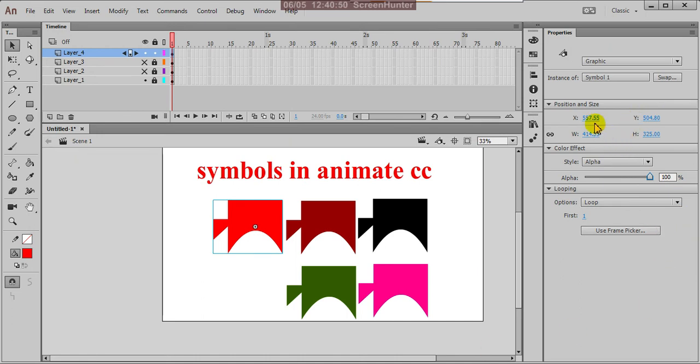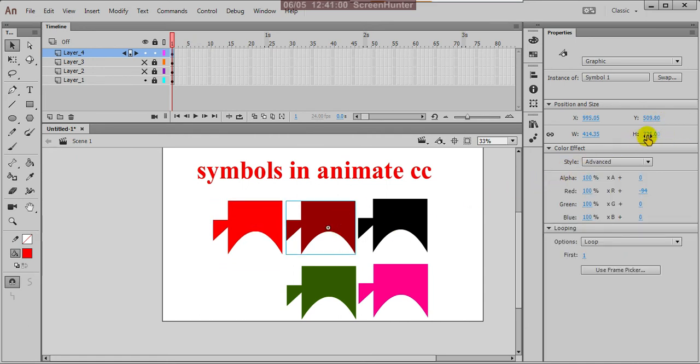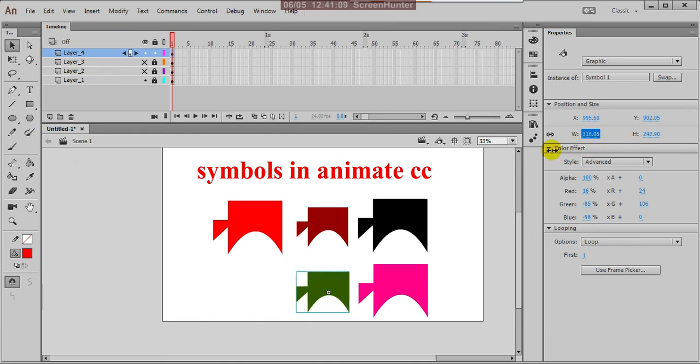And these are what I already explained about position and sizes and all. You can change the position by selecting individually, make it smaller and bigger. You can keep changing whatever size you want.